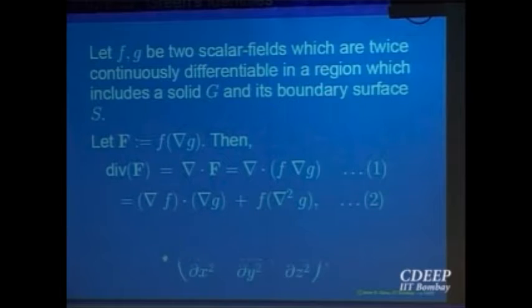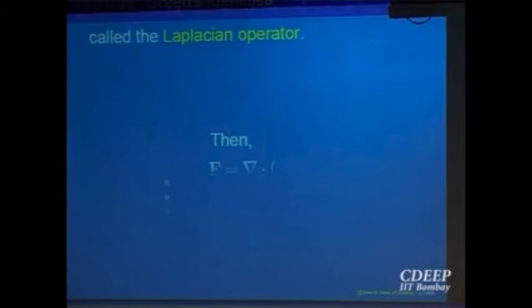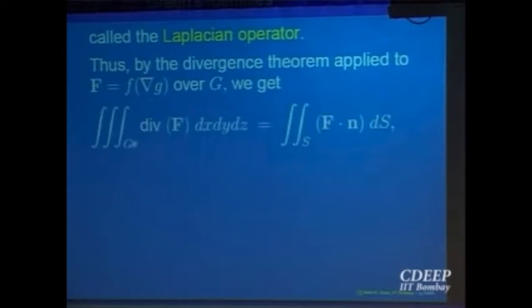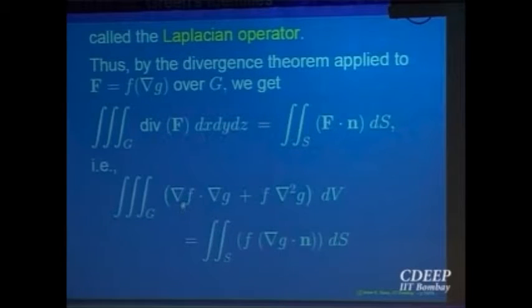So now we can apply Green's theorem. This is where the Laplacian is appearing into the picture. So that is Laplacian of G appears here. So let us write down the Green divergence theorem. So divergence of F is equal to F dot n. That divergence we have computed. So that gives you del F dot del G, that was divergence of the vector field F, plus F